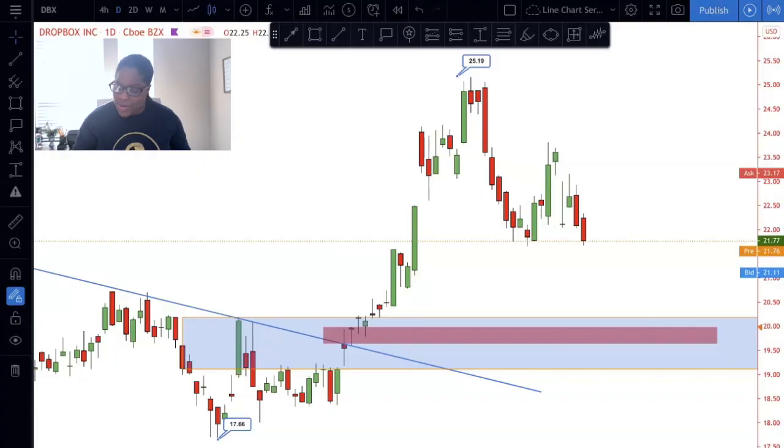So the first one we're going to look at is going to be Dropbox. Now, Sain is liking this around the $20 area. And I've done a video on this before already, and I'm liking it for that area as well too. One of the reasons that this is a good area is because if you look at the higher time frames,